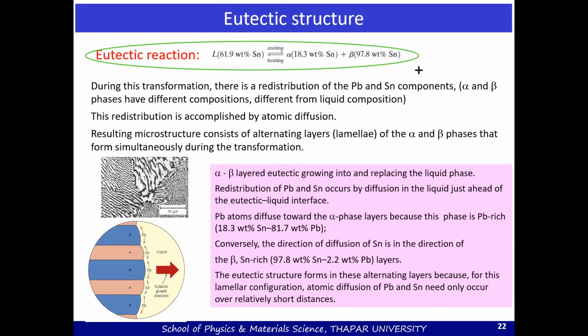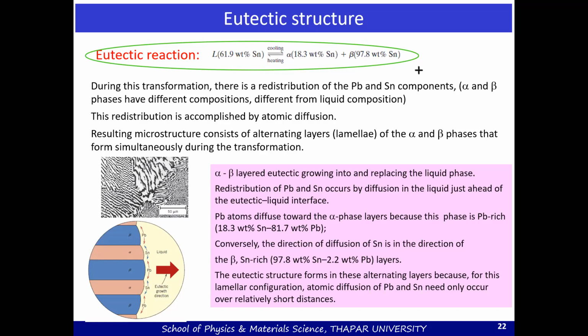So if you are investigating any unknown solid and if you find a lamellar structure like the one which I have just explained, you can predict that the solid evolved through a eutectic reaction, or you can predict that if it is being liquefied at one particular unique point, the entire solid will turn into a homogeneous liquid. So how does the lamellar structure grow?